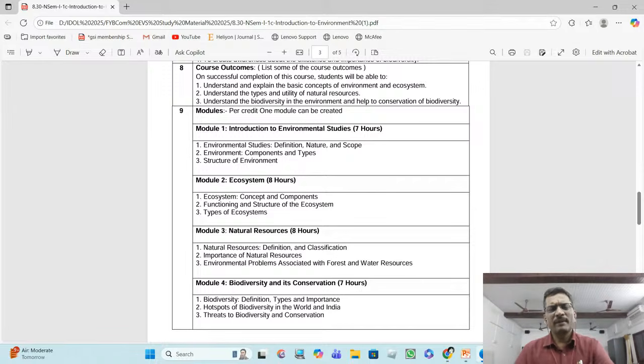So we'll be talking about how this interaction leads to various environmental issues at global, regional, and local level, and what are the approaches of human beings to deal with these issues